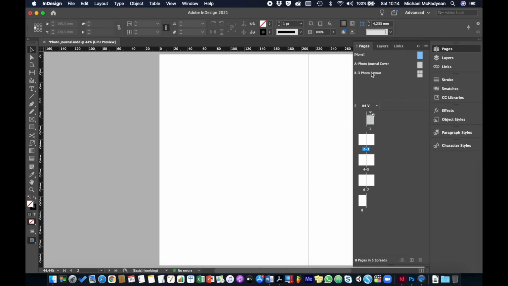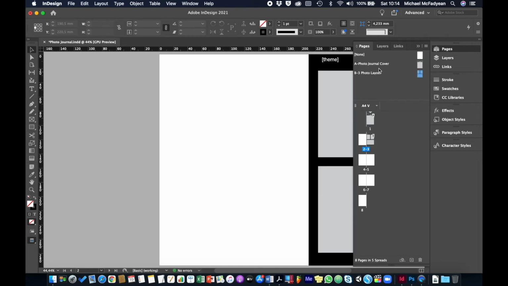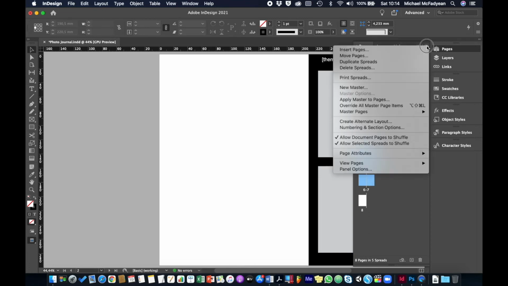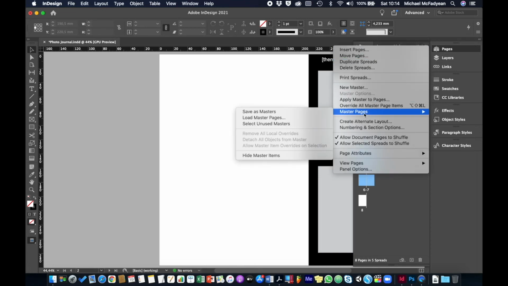Page 3 gets photo layout. Now if you want to apply master pages, if you've got 100 pages, you don't want to have to click on each one and apply a master page. So if I want this B master page to be applied to 4, 5, 6, and 7, I can select those. So select, hold down Shift and select the last one,